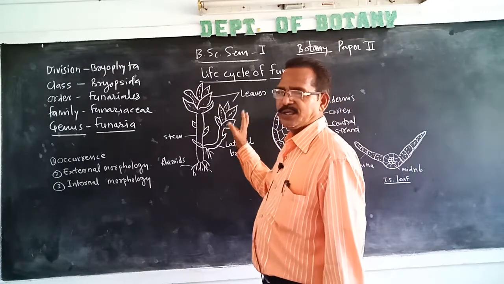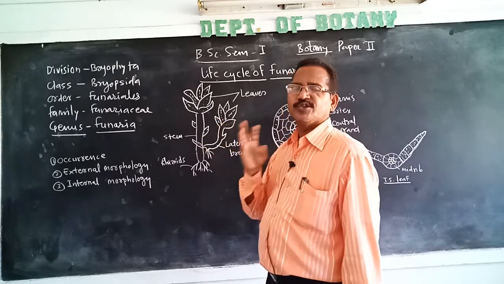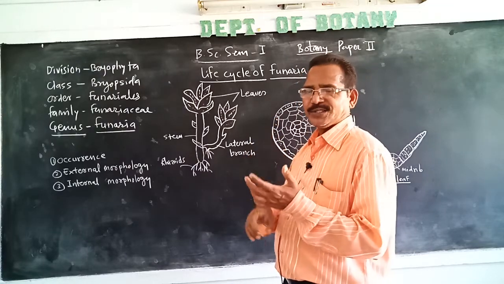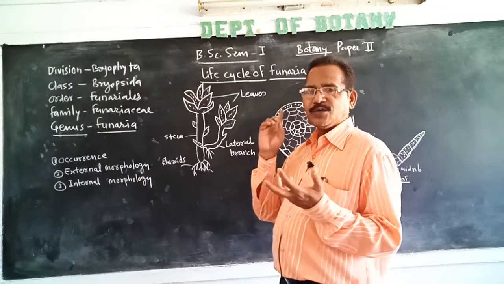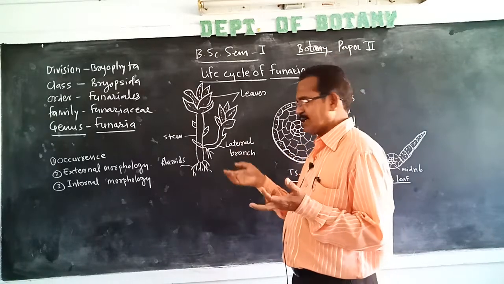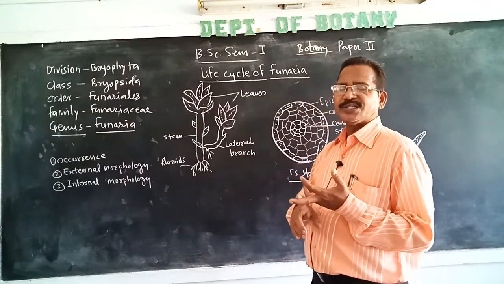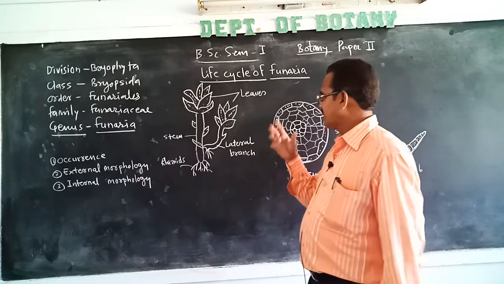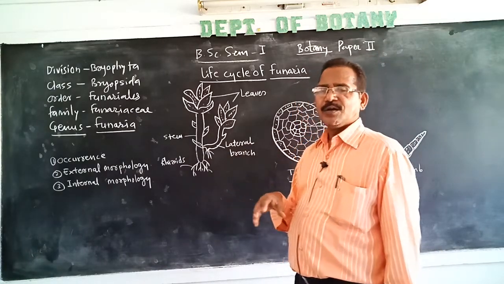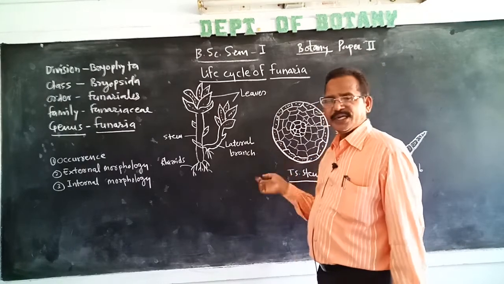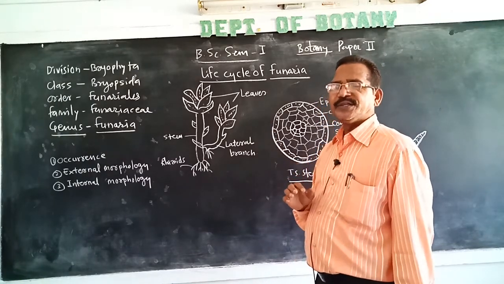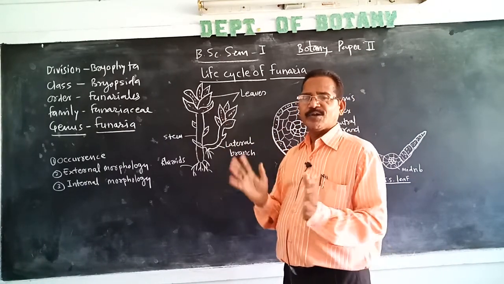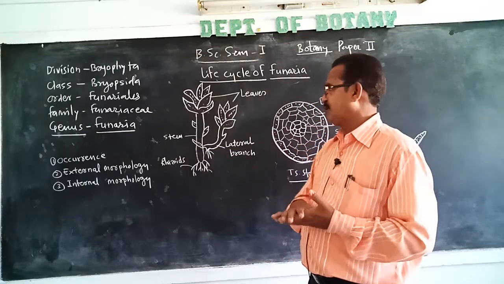It is a simple structure like an angiospermic plant. That means the plant body consists of a stem-like structure and leaves, not true roots, but instead of roots, rhizoids are present. The aerial stem is branched, and branching is extra-axillary. Leaves are sessile, simple, ovate, with entire margin and acute apex. They are closely packed at the apices of branches or stem, forming a rosette-like structure.